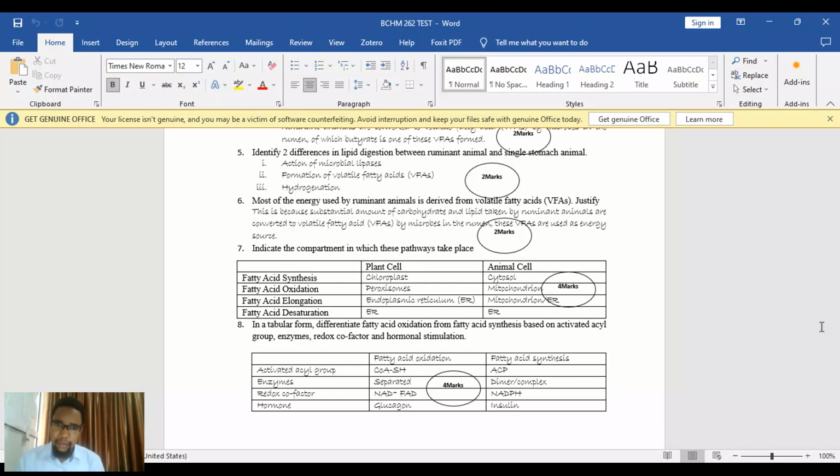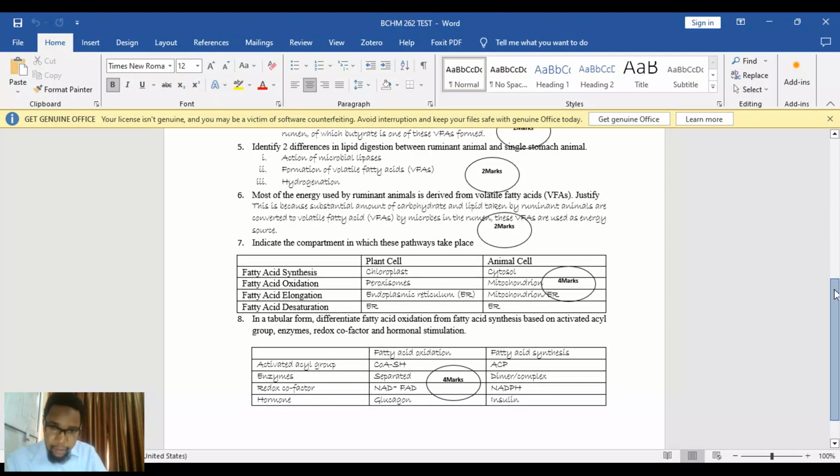I gave you in one of these lectures, one of the classes we had, one image, a diagram indicating plant and animal cells, where we indicated where these lipid metabolism pathways are located, the compartmentalizations. And I think during the class I told you that I am highly interested in that you should pay attention to it. So basically what was asked, including question 8, let me even wrap up with it,